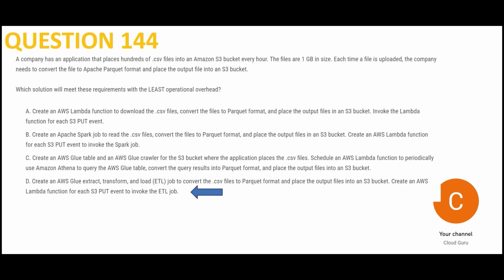And how will you know that the CSV file has arrived? We will write a Lambda, scheduled on an S3 put event. Whenever the put event in S3 happens, we will call this Lambda function. Lambda will tell Glue, boss, I got a CSV file. Now it is up to you to convert it. Okay, just like in olden days, with one rice bag people used to convert people, no?